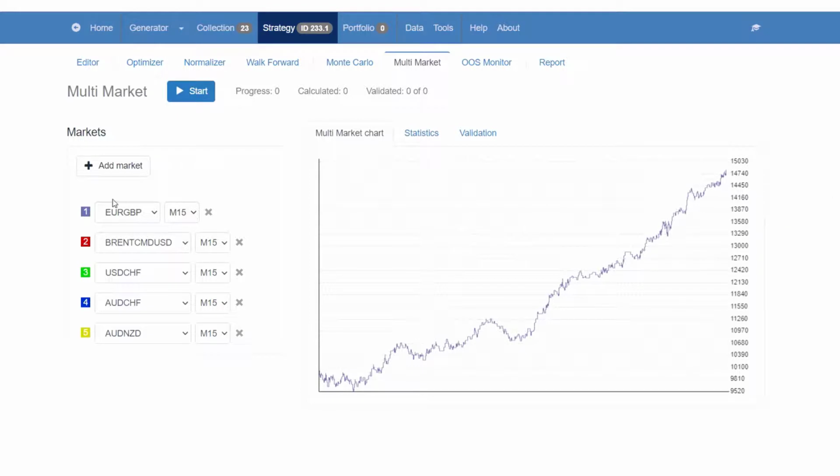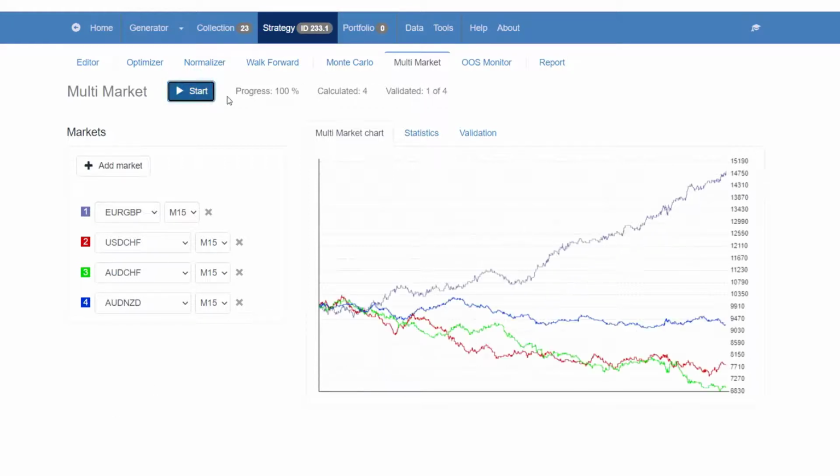So let's run a test. We are going to remove Brent crude, we don't need it, and we will keep our dollar Swiss franc, Australian dollar Swiss franc, and Australian dollar New Zealand dollar. So we click on start. Very quickly it calculates it, and what you can see is that the original strategy passed the validation, but the